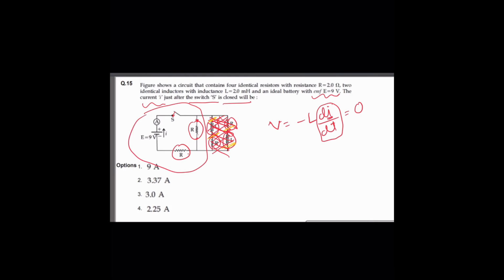We just have 2 resistances left over here. We know that the net voltage is given by V is equal to I into R. So I can be written as net voltage upon net resistance, R net. So R net in this case is nothing but R plus R, that is twice of R, and R they have given us as 2 ohm. So I can write the net voltage as 9 volt, and 2 into 2 is nothing but 4. So this will become 2.25. So if you check in all the options, the fourth one should be our answer.